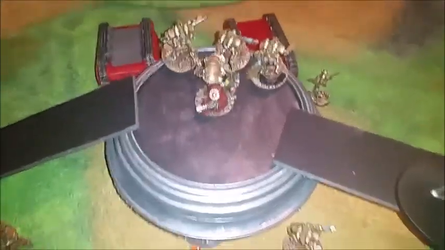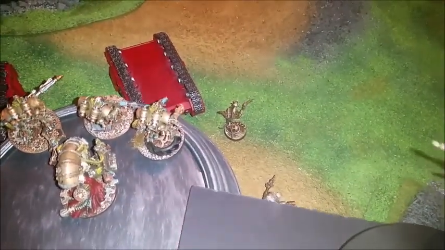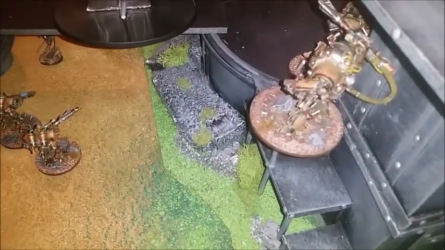Right, so consolidation. Everyone's just moved up. I'm going to try and get rid of them cultists, I think. Both of the Ocularis moved forward. Thalax shifted to the side. The Castellax here regained his wound because of It Will Not Die, so that was great. Over here,